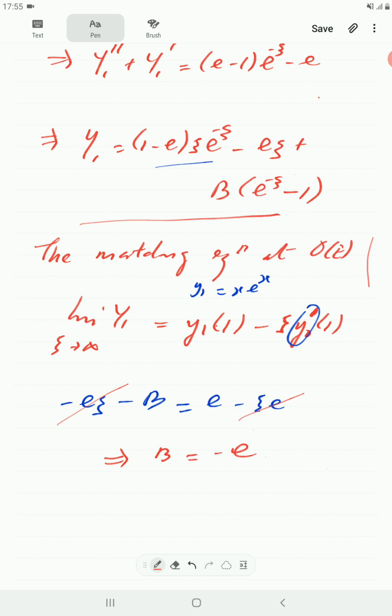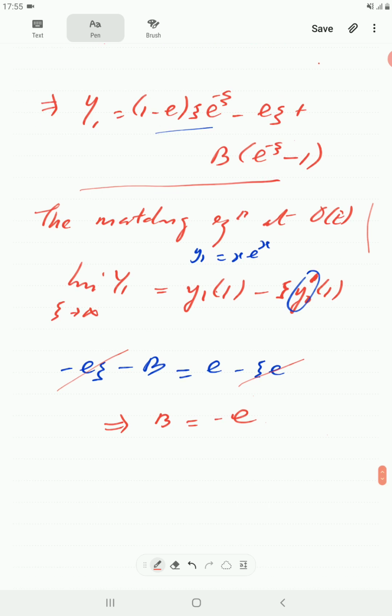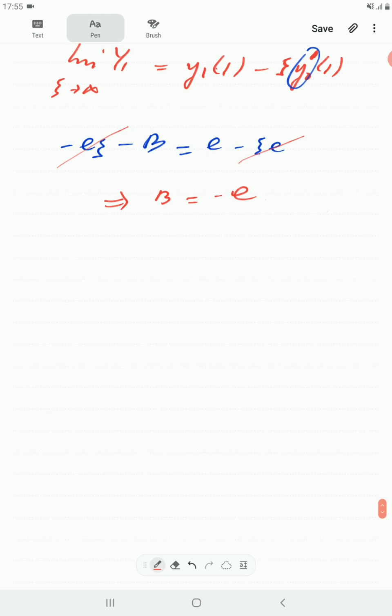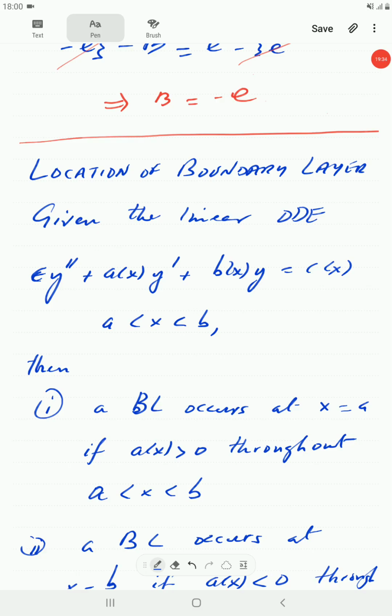solution. So in conclusion of this video, we're just going to state the concise condition or criteria for the location of the boundary layer. Right, so given the linear ODE epsilon y double prime plus a y prime plus b y equals to c, defined in the range x between a and b,